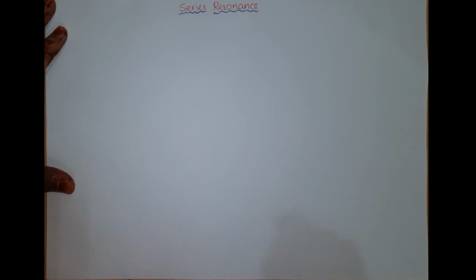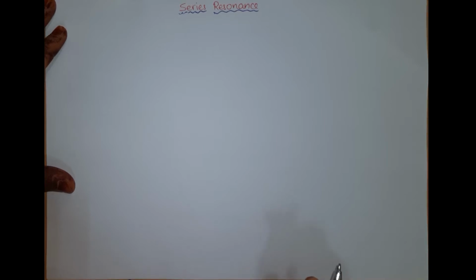Hello everyone. In this lecture, let us see what the series resonance concept is. In the previous lectures, we have seen the behavior of an AC circuit when an AC sinusoidal signal is applied, which consists of RL elements in series, or RC in series, or RLC in series. Now, what would happen to the characteristics of the circuit if a supply voltage of fixed amplitude but of different frequencies is applied to the circuit?